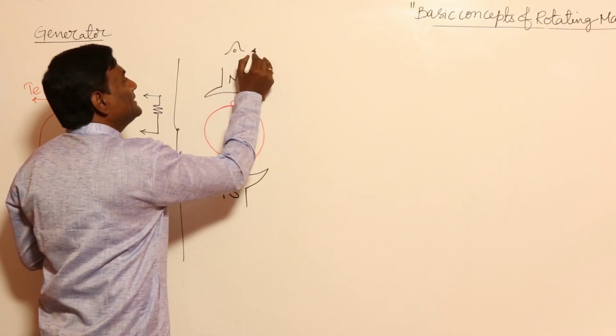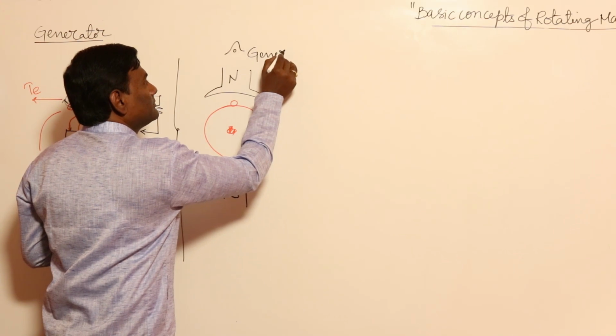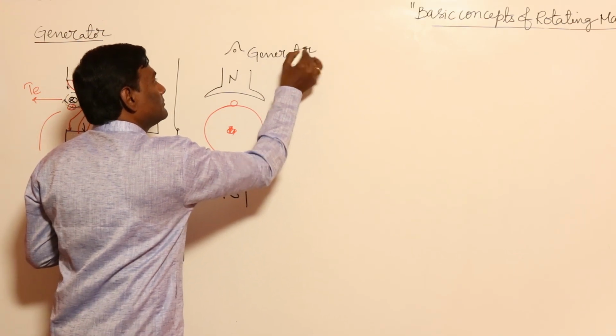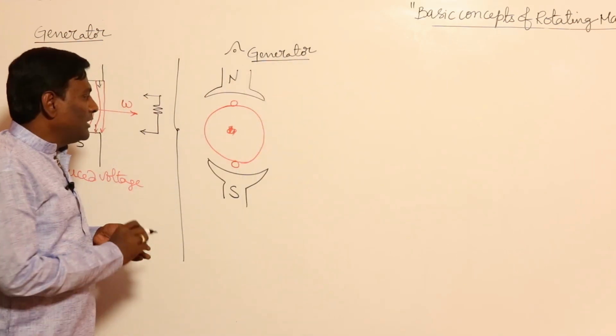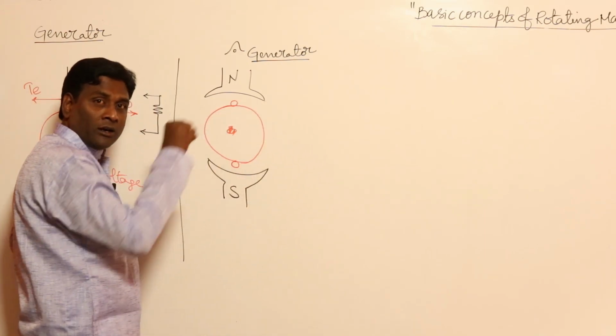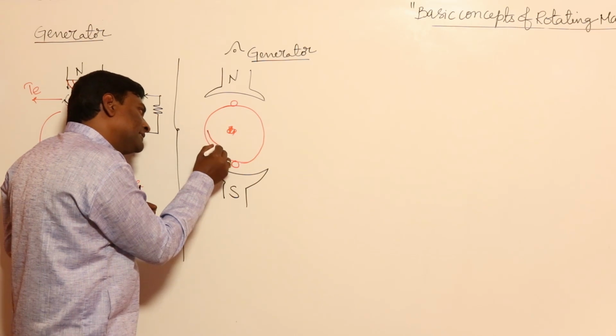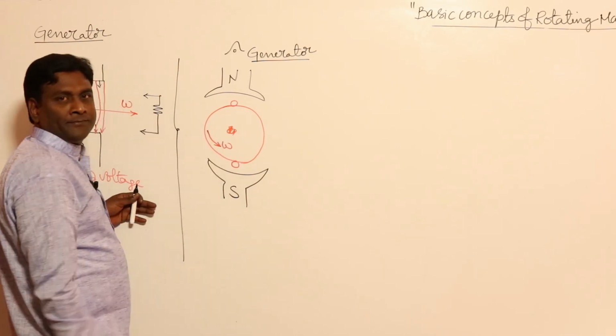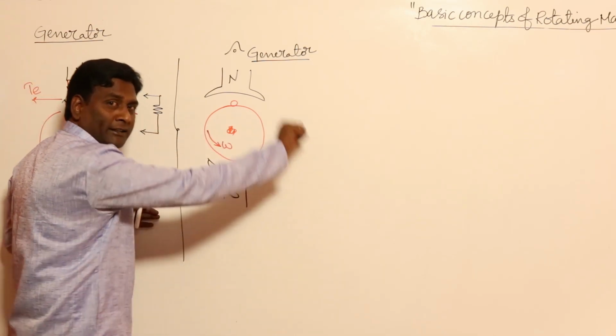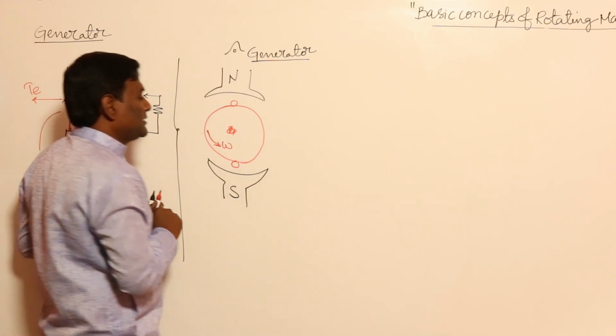As I said, this is a generator. In a generator, what will happen? You have to rotate the rotor. So, for example, you are trying to rotate in this direction. This is the speed. Now, if you are trying to rotate in this direction, my induced voltages will be, for